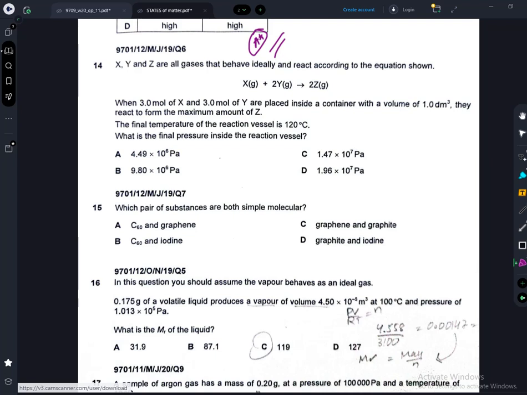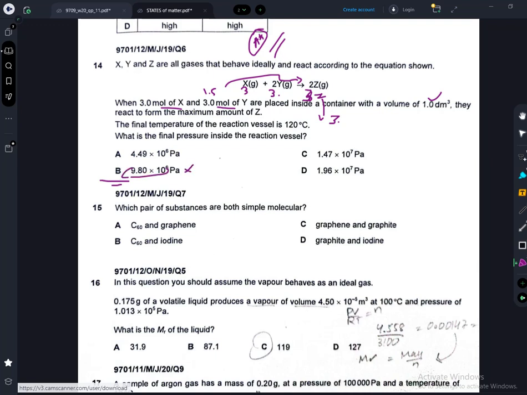So you must have solved this and you would get the answer as B, because 3 mole of X would react with 3 mole of Y, so 1.5 will react with 3, and this will produce 6 moles of Z. And then you plug in these 3 moles of Z and do calculations in decimeter cube. We have got the pressure, so it's atmospheric pressure, so you'll take the atmospheric pressure and you will get your answer as B.